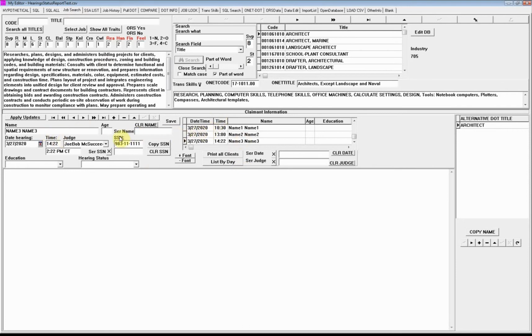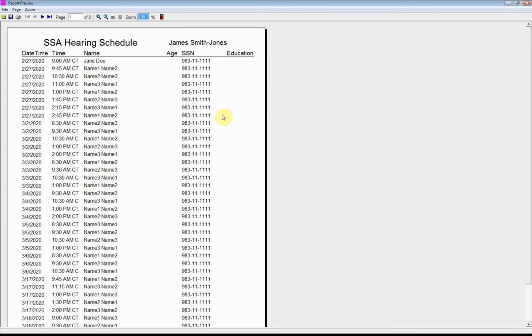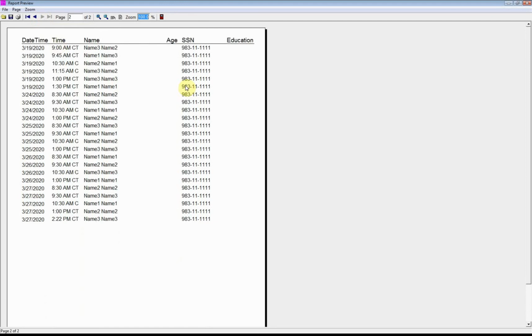and see what all claimants I've got. And you notice that if we go to the first claimant, we've got Jane Doe, and it's formatted in such a way. And this is with Judge Smith Jones. We don't have an age, we don't have an education because ERE doesn't have that information. But I can pull up a list of all of my claimants. And if I do it this way, you can see that I've got 2 full pages of claimants